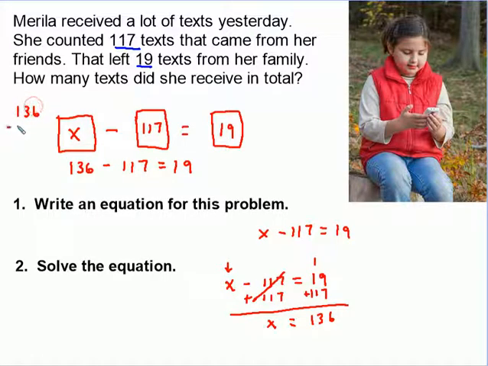We'll do it by hand. 136 minus 117. Can't get 7 from 6, so we borrow 1. That gives us 16, which minus 7 is 9. 2 minus 1 is 1, leaves us with 19, and our answer is correct. X is equal to